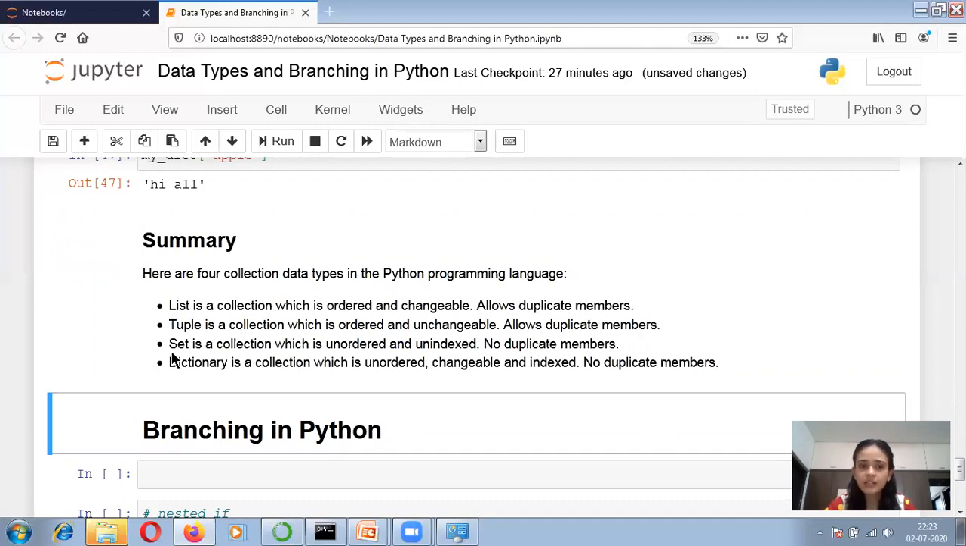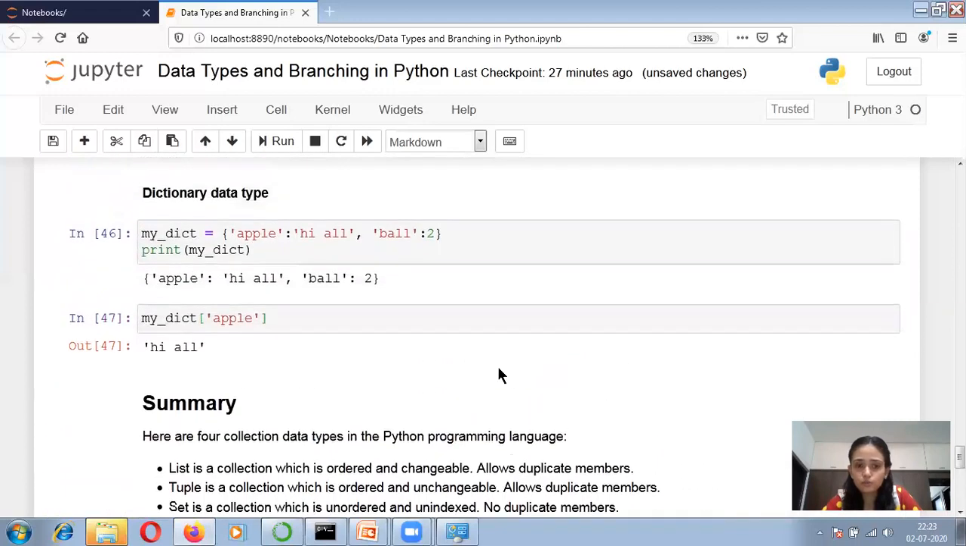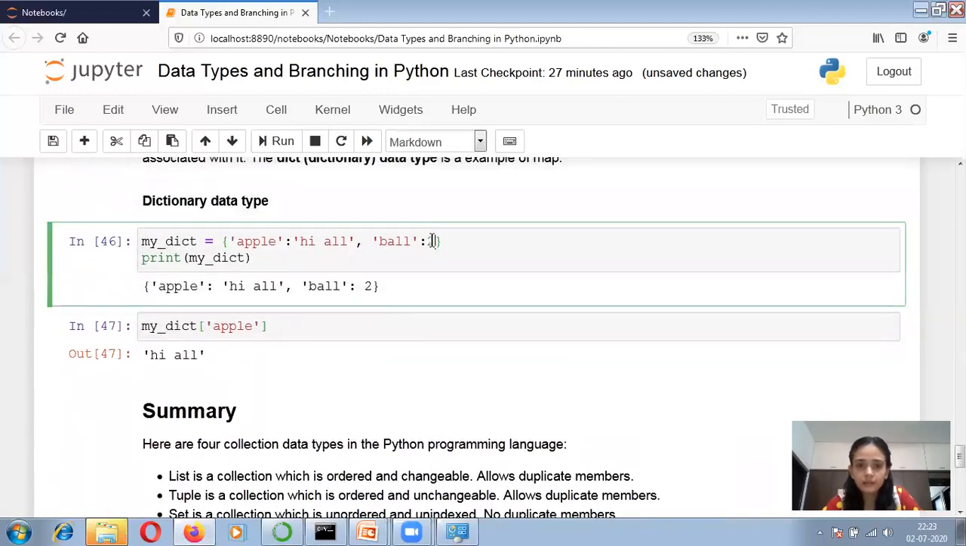What is a set? A set is an unordered collection. It is unindexed, and it does not allow duplicate members. Dictionary is also unordered, but it is changeable. It is indexed also because it has key and value pairs, and it has no duplicate members. It can't support two duplicate values. So over here, if I write a second duplicate key, bool again, and write its value as 3,